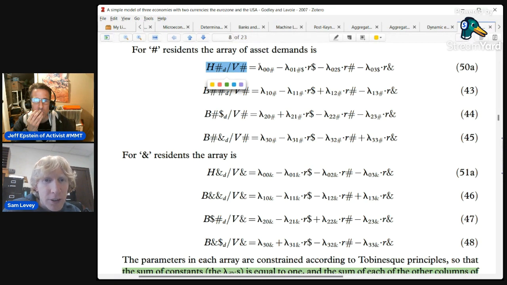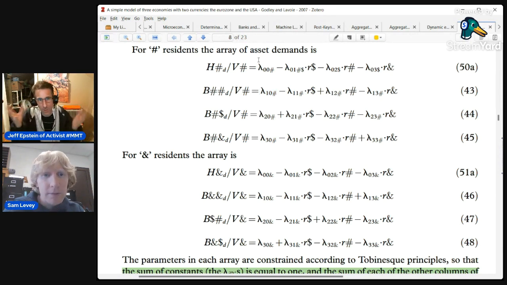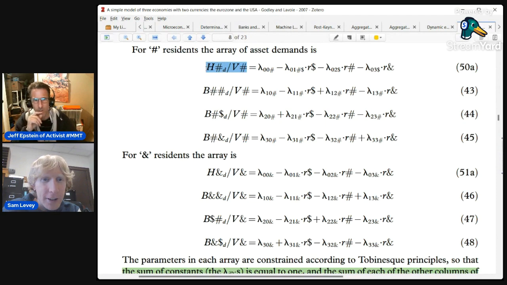If we took this first number plus this first number plus this one, because they can only have 100% of their wealth. If they have 10% in cash, then obviously there's only 90% left over. So those have to add to 100%. Yeah, has to add to 1. Exactly. So on the left side, they have to add to 1.